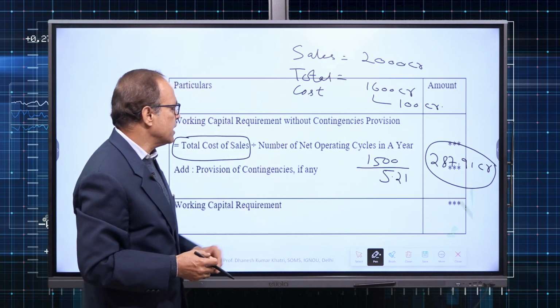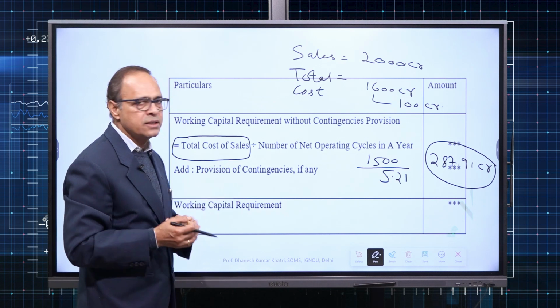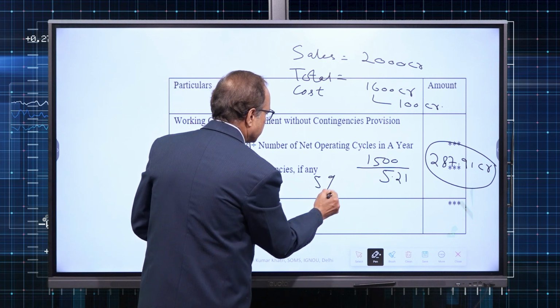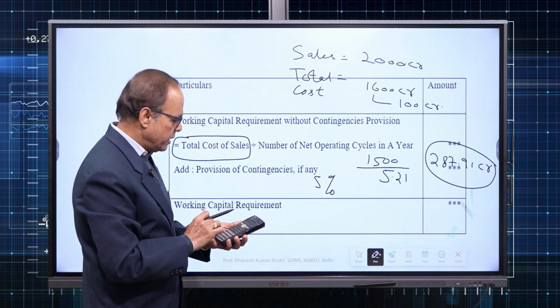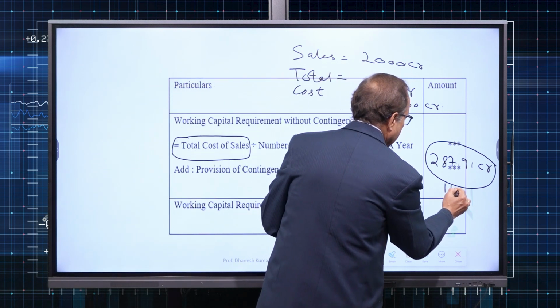So, that is your working capital requirement without contingency provision. Now, add the contingency provision. If we say 5% is the contingency provision, so 5% of 287.91 is added as contingency provision. So, that becomes